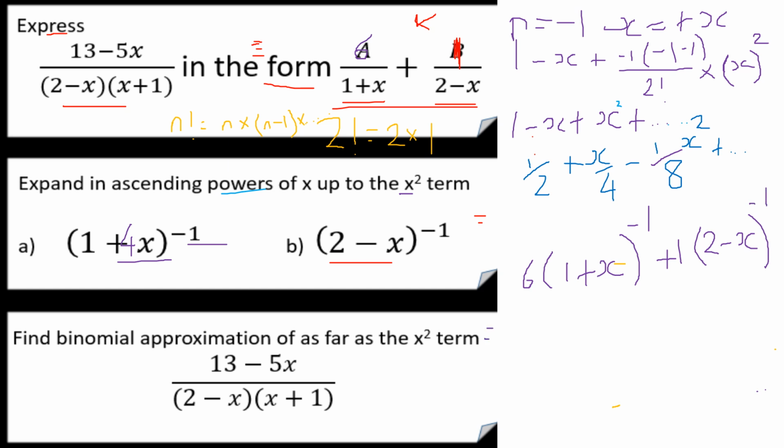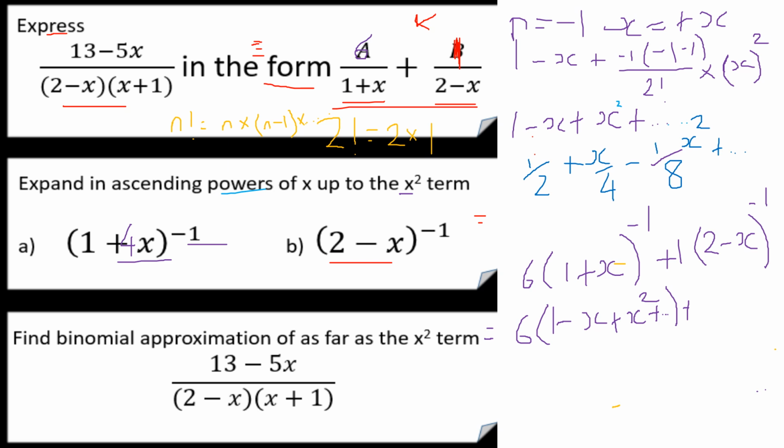Yes, I'm adding here. So it's 6 lots of 1 minus x plus x squared. That comes from part A of the second question, the binomial expansion using the formula booklet. Plus dot dot dot, plus 1 lot of